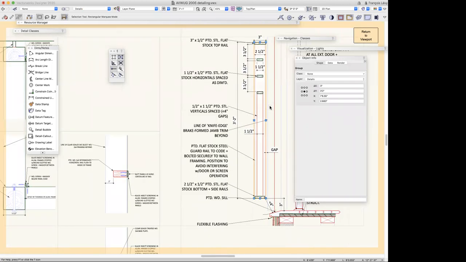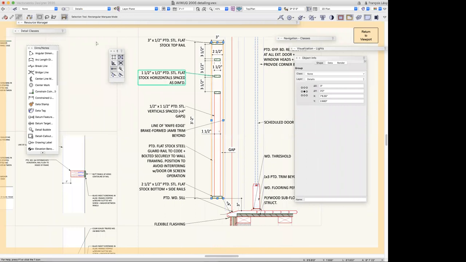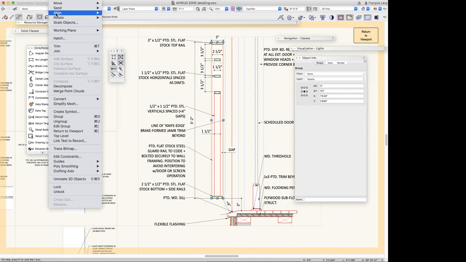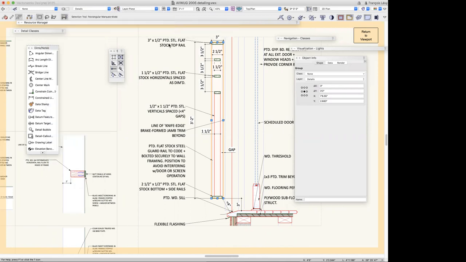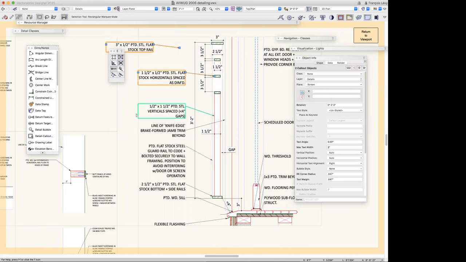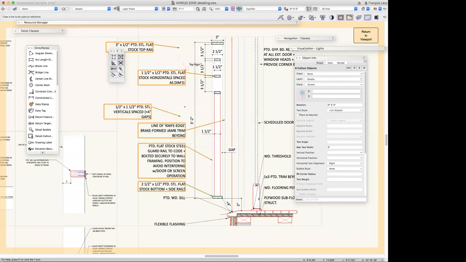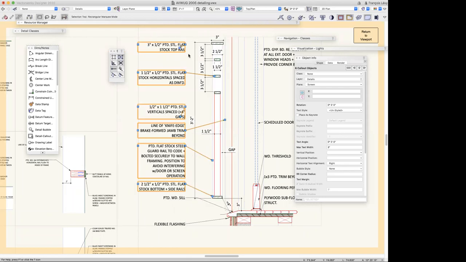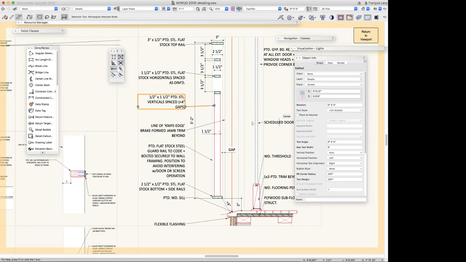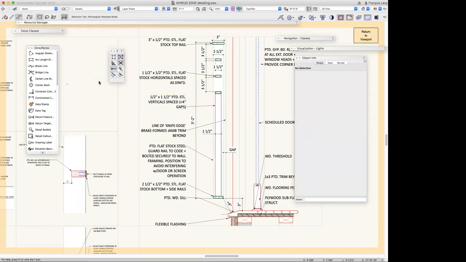Right? And then another align type tool, or command, that is really handy is under the modify menu, under align: there's align distribute leader lines. Right? So for example, the way that works, if I have some leaders that are not aligned, I assign that a keyboard shortcut if it doesn't already have one. And then I will align my label points, and I may or may not decide to align the shoulder points. And then I just pick a reference point, and now all of those align nicely. Now what it doesn't do is move the arrowheads, and since I moved them, I'm going to have to move them back, but you get the idea. So it's a very nice way of making all of your notes line up very clearly,